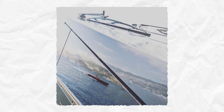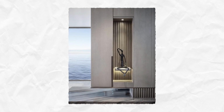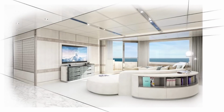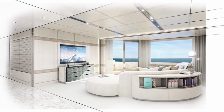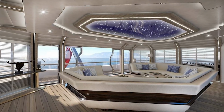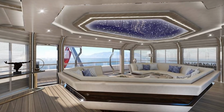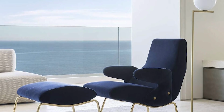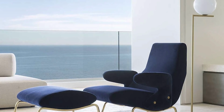The ship can accommodate 14 guests. 4 double suites with in-suite bathrooms sit on the lower deck, while 2 VIP apartments can be found on the main deck above. The top deck is a dedicated owner's deck, complete with a lavish master bedroom, in-suite bathroom, and walk-in closet. The living space on the ship was designed to give guests as much outside exposure as possible, and